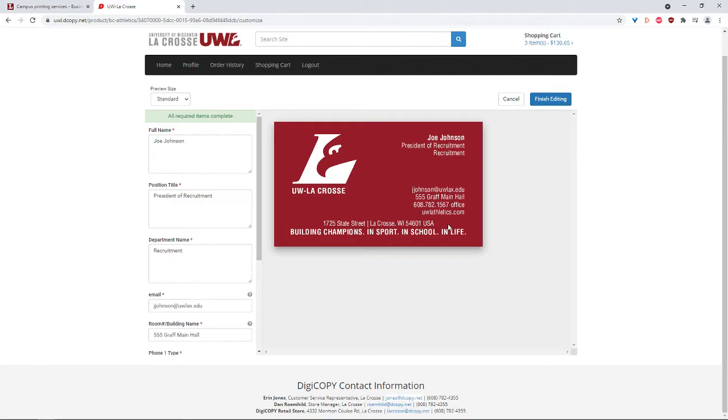Now you'll notice that there's some information, such as 1725 State Street, LaCrosse, Wisconsin, that doesn't change, as well as the logo and the tagline. Now those are built into the template so that you don't have to add those every time that the business card is created. The only information that will be asked of you is just the customizable information here. When you're done, click Finished Editing,